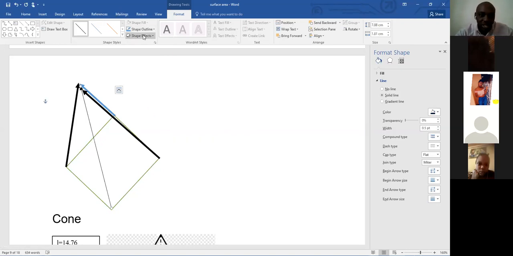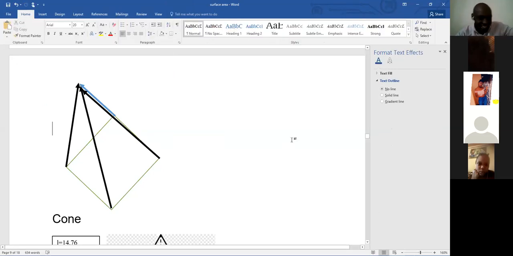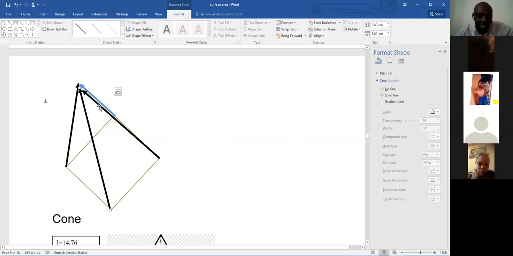So whatever I'm drawing here, these edges are called the slant height. Just like for the cone, it's called the slant height. So these are slant height. This here is slant height. This here is slant height. We are remaining with 3 minutes, so I'm going to use those minutes to explain. This is a slant height.